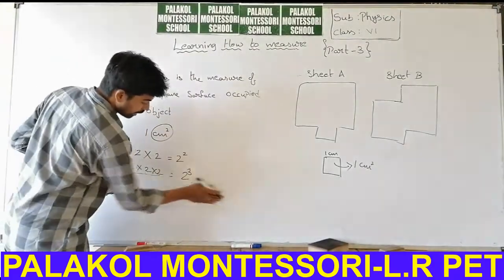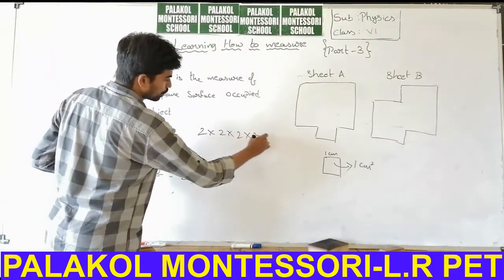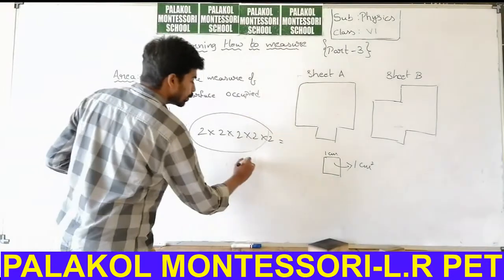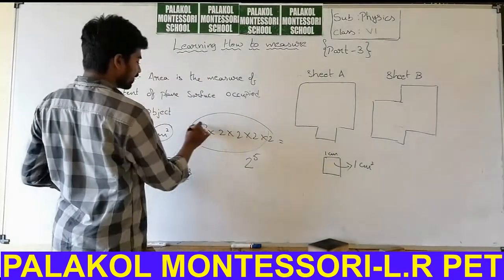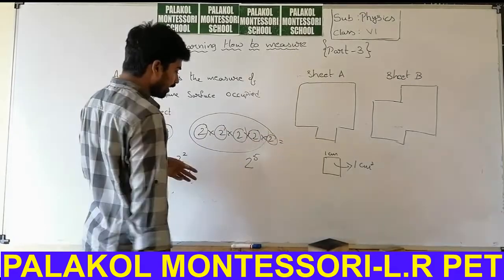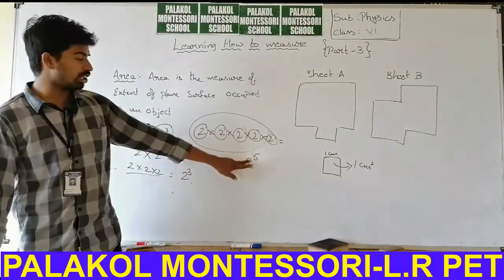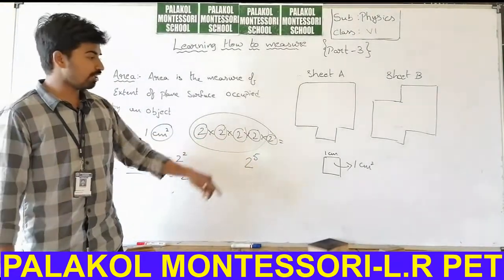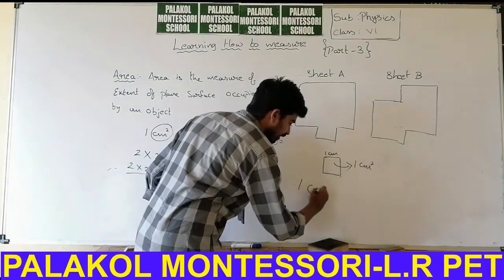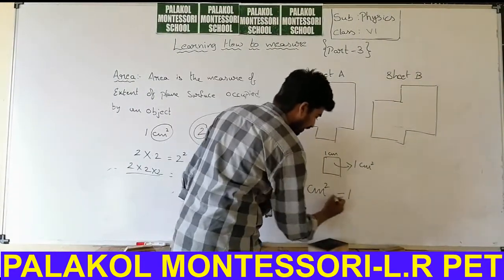If there are 2 into 2 into 2 into 2 into 2, you can write this shortly as 2 power 5. How many 2's are there? 1, 2, 3, 4, 5. 5 2's are there. Hence you can write 2 power 5. So this is the meaning of power. 2 power 5. Similarly, 1 centimeter square